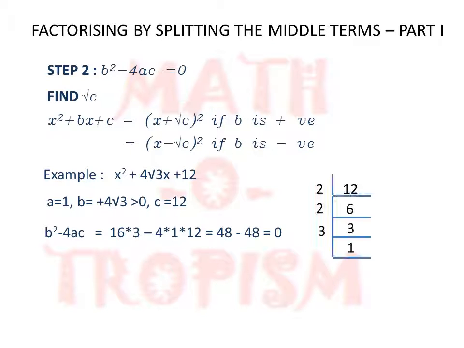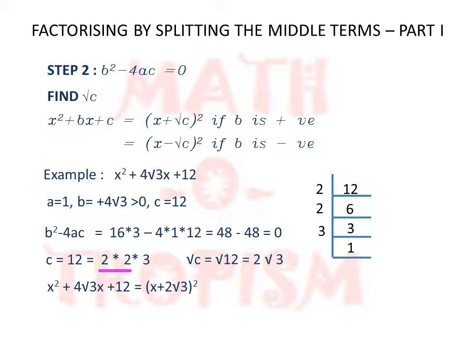So we'll prime factorize it. When we prime factorize it, we get 2 into 2 into 3. So here there's a pair of 2 but only a single 3. So when we write the square root of c, a 2 is written for that pair, and since a single 3 alone is there, you just need to put it as root 3 because it does not have another pair. That's it. So root of 12 will be equal to 2 root 3.